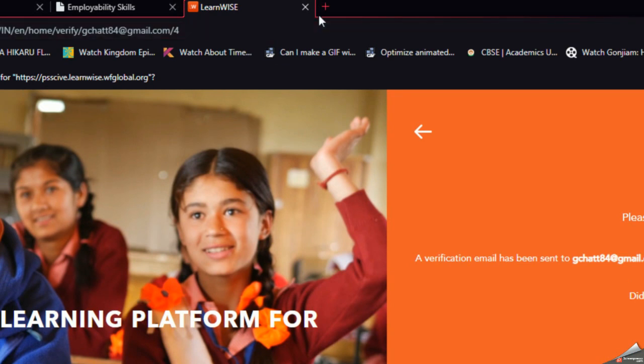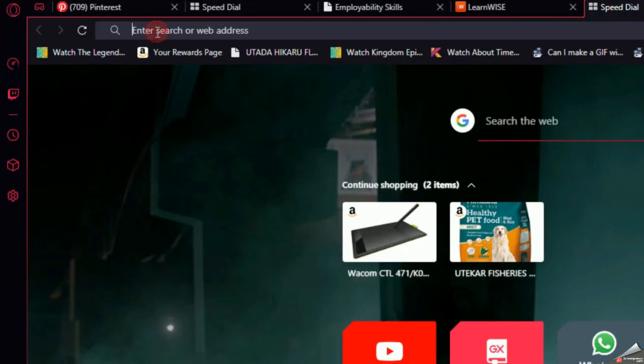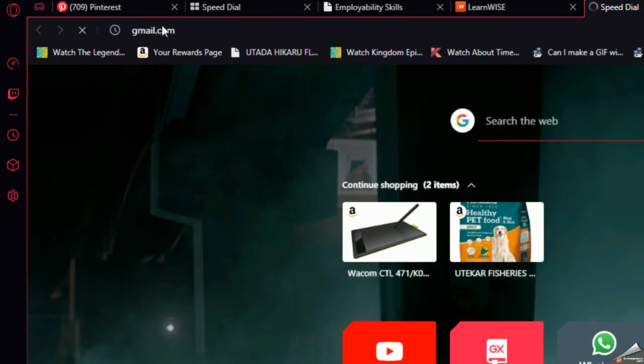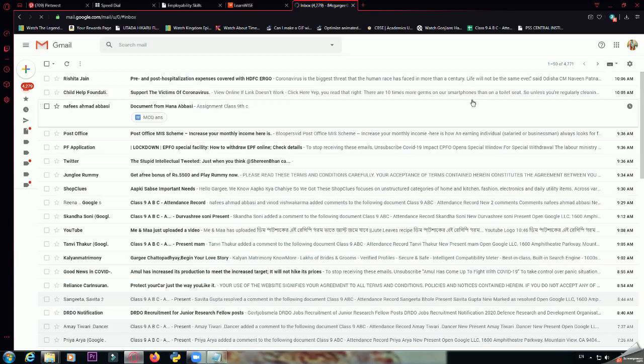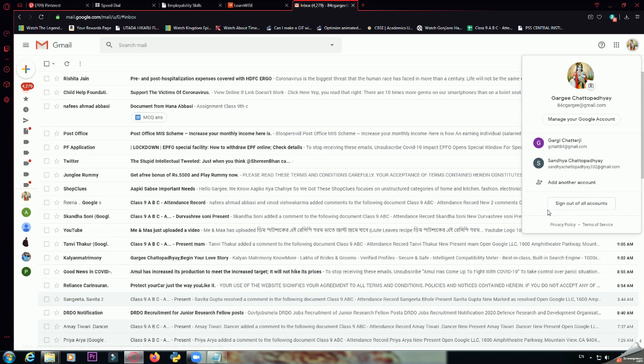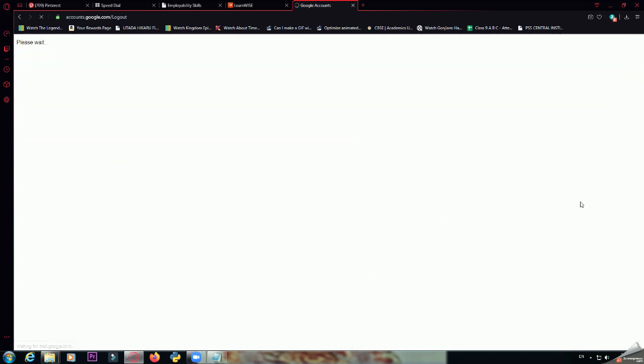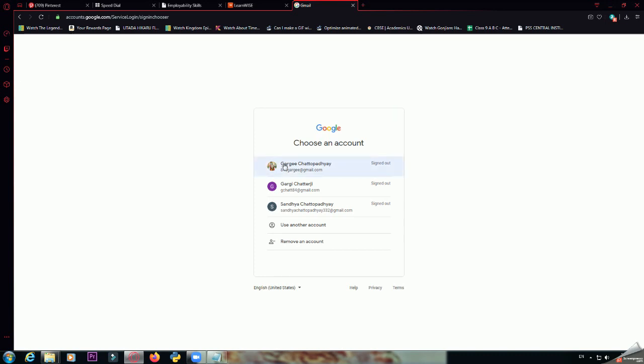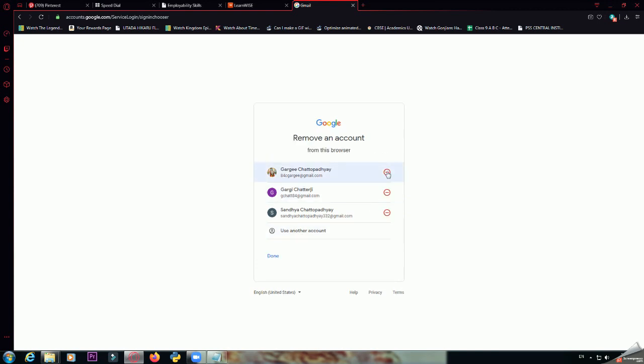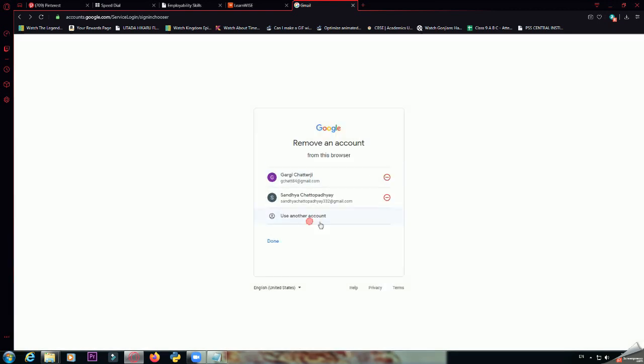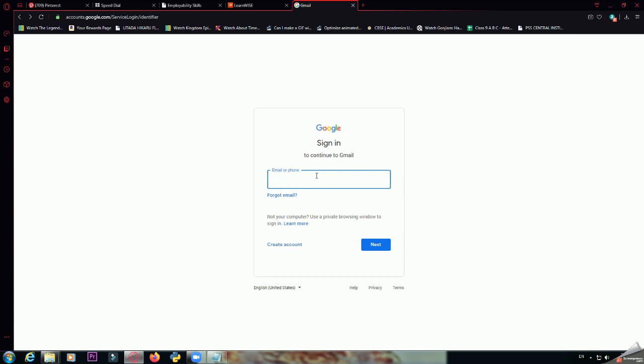So now over here you have to open your email. You can go to the next tab and type there. Although I'm logged in from one account, I can always switch my account, so I'm just going to log out. And I'm going to select any account. If you don't find your email in this list, I'm first of all removing just to show you what you may get on your screen. If you don't see your email here, then you'll be seeing this page.